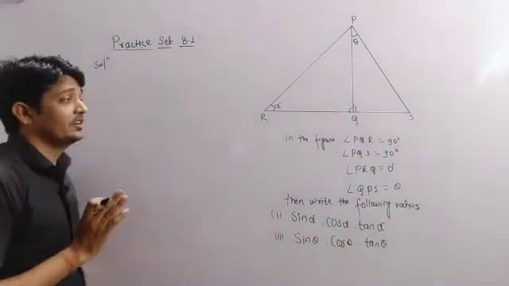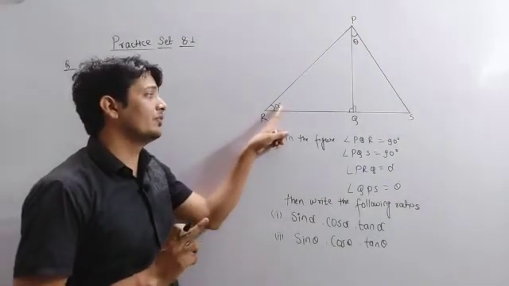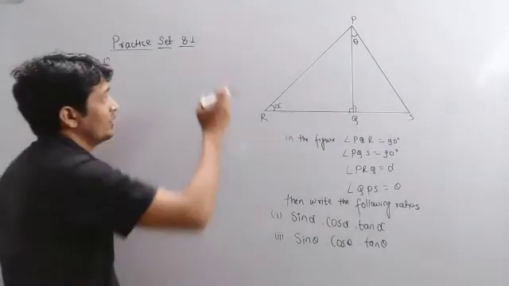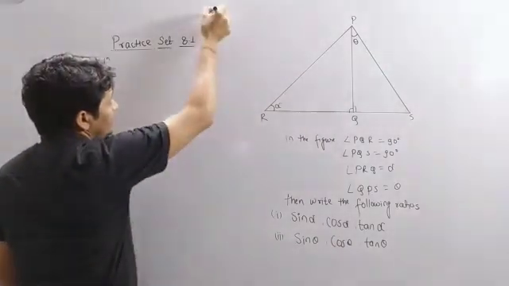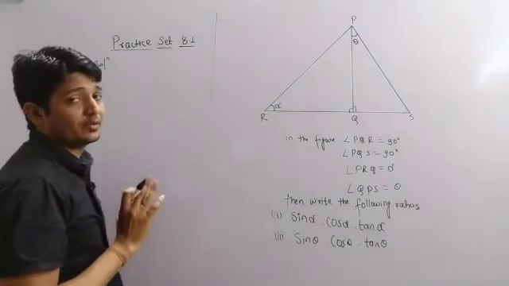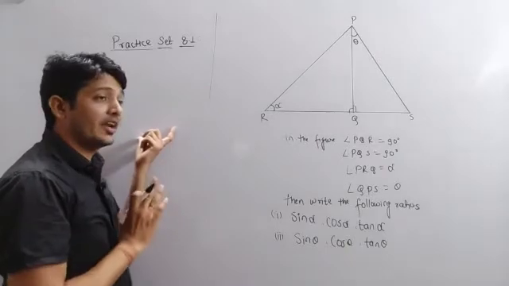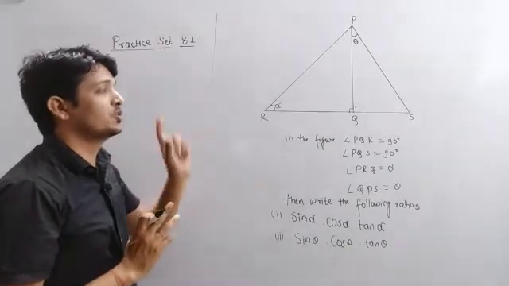We have to understand, with respect to angle alpha, which side will be opposite, adjacent and hypotenuse. So we have to write that over here. So this is the understanding part. Okay, this is just for you to understand, you do not have to write it in the fair copy. It is just to understand.